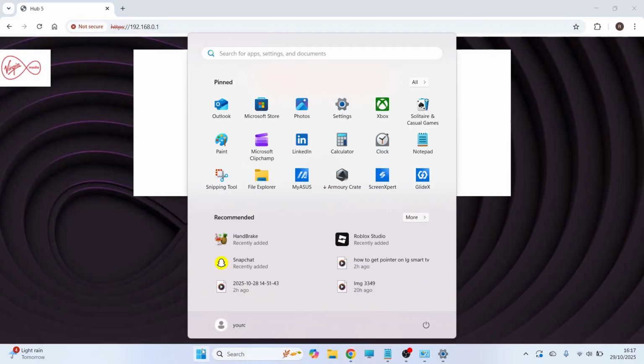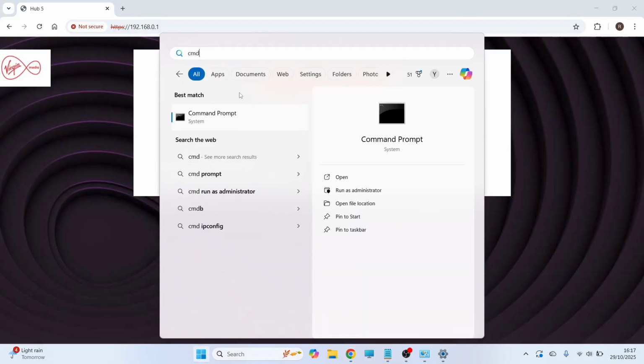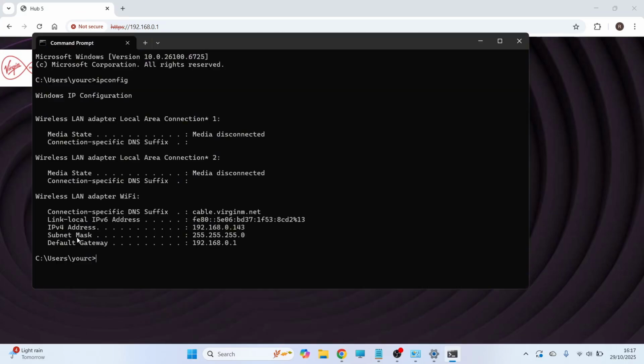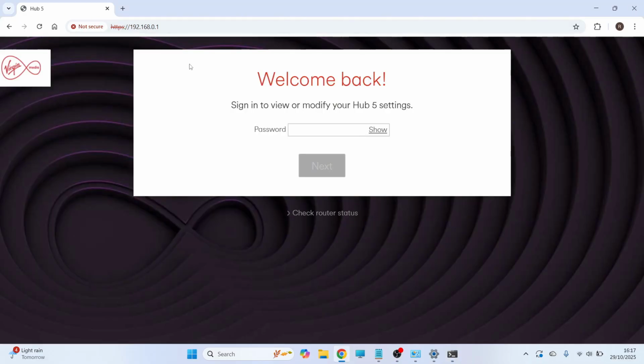If you're not sure, you can open up the Start menu, search for CMD, and then click on the command prompt. You can then go and type in ipconfig and press enter, and then you'll see this default gateway and a set of numbers. Now these numbers here are the numbers you need to type in to the address bar. Once you've entered the set of numbers, you'll then need to enter the password to your router. Now once again, this will be found on the back of your router, and this is also different from your